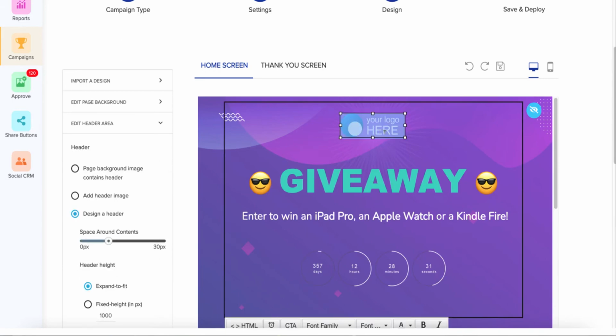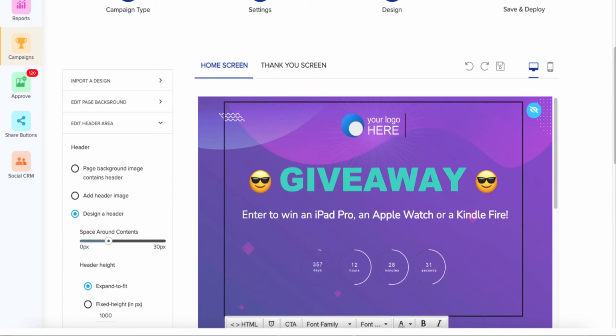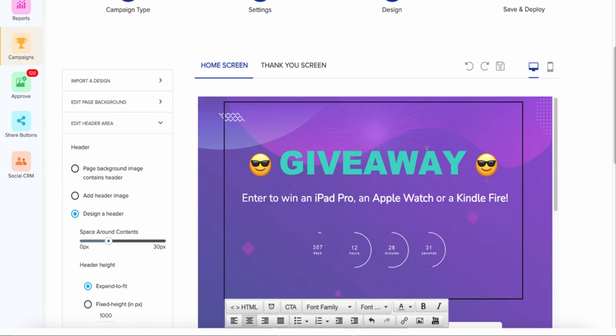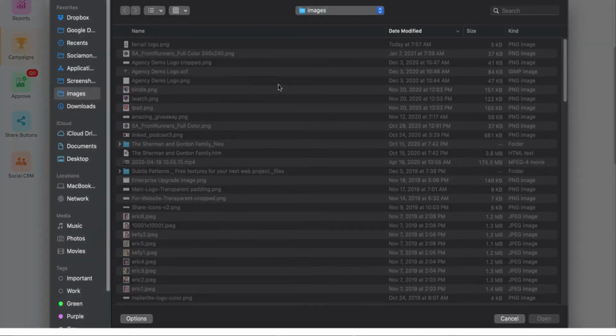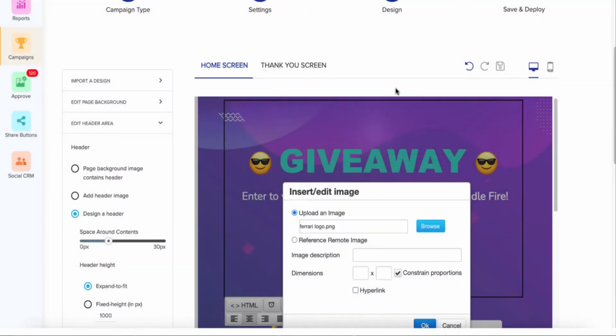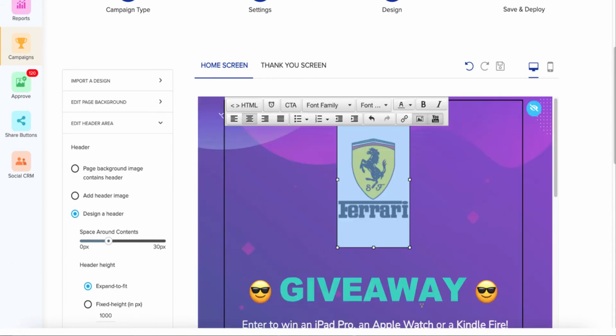So the first thing that everybody will want to do is change their logo. The best way to do that is, you can click to the right of it, go back and just backspace right over it. And then I'm going to upload an image. You see down below, this is your HTML editor. Let's grab that Ferrari logo again. And this is where you can create a hyperlink if you want this to go to Ferrari's website. Now you're once again driving traffic to your website. Come up with a description for SEO, and then click OK. So now we've got Ferrari's logo up here,